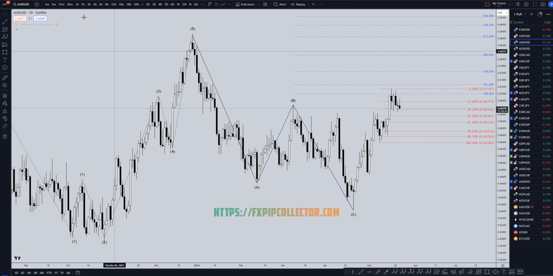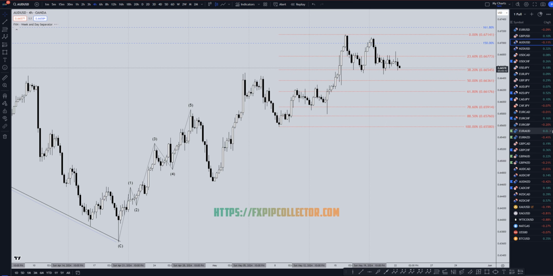So taking it down to the 4 hour time frame. On the 4 hour time frame, I do think we're in a correction, and I'm not really expecting the correction to actually be over yet. I think it's more likely to go down, take out all these lows. Maybe the 50 or the 61.8 would be the most likely target for this correction to actually end, and for the continuation of the uptrend to occur again.